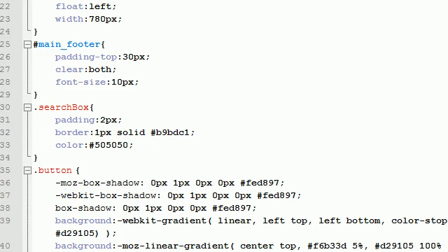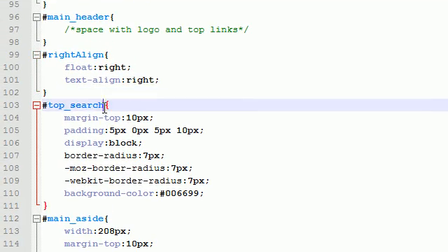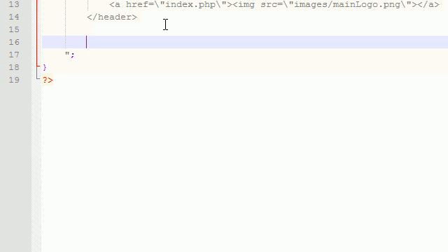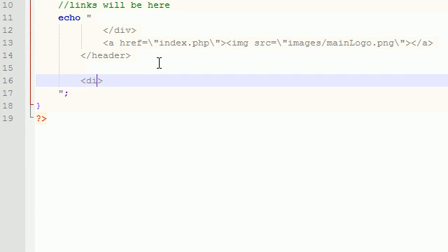Now in the main CSS we already named this div top search. Pretty much this is the area where we need to put it. So let's go ahead and do that right now. Div, give it the ID equals top search,